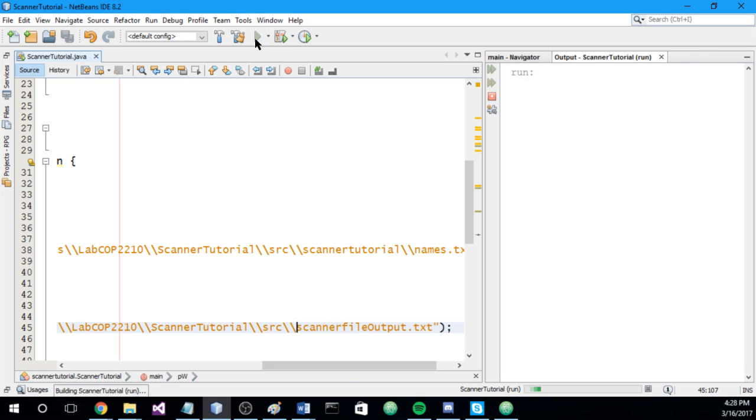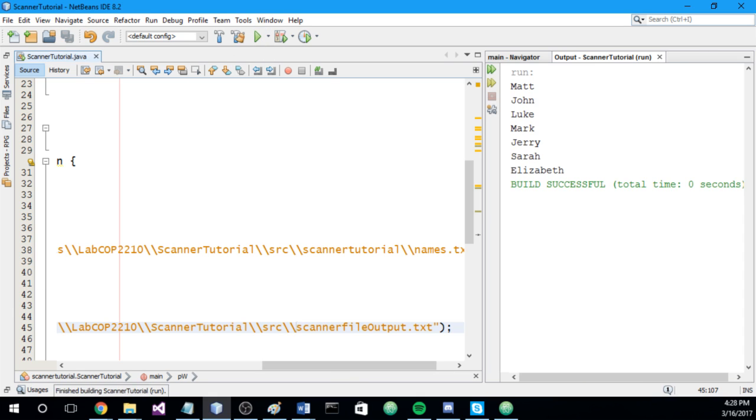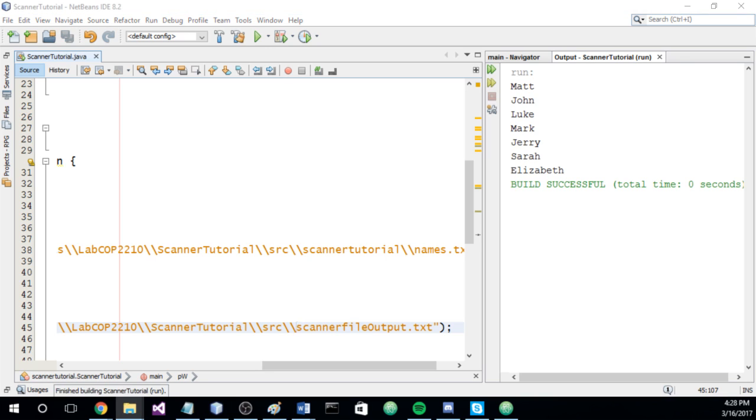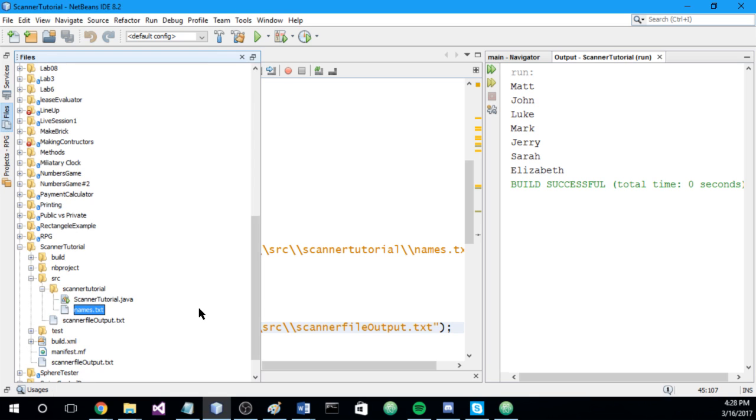So let's run this again. Okay, so we didn't get any errors, so that's a good sign. So let's go back to our files, and we see that, yep, we made another one. Scanner file output.txt. Now the reason why it's not in our scanner tutorial is because I forgot to copy this